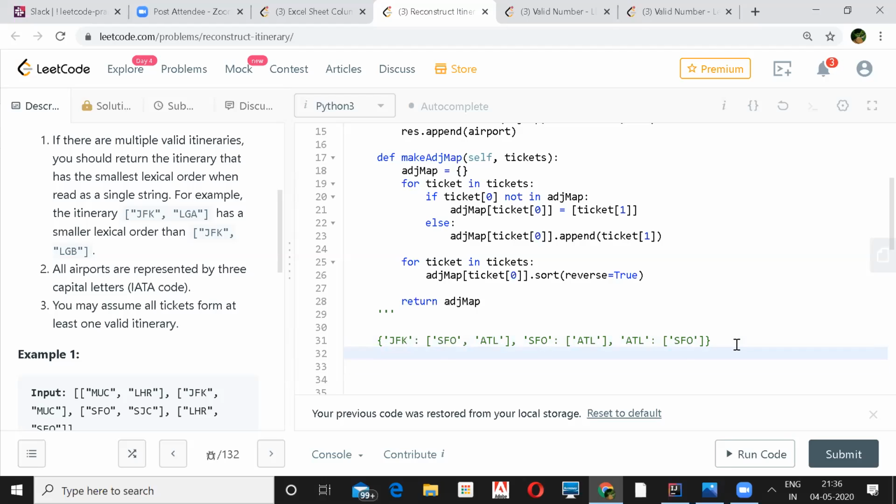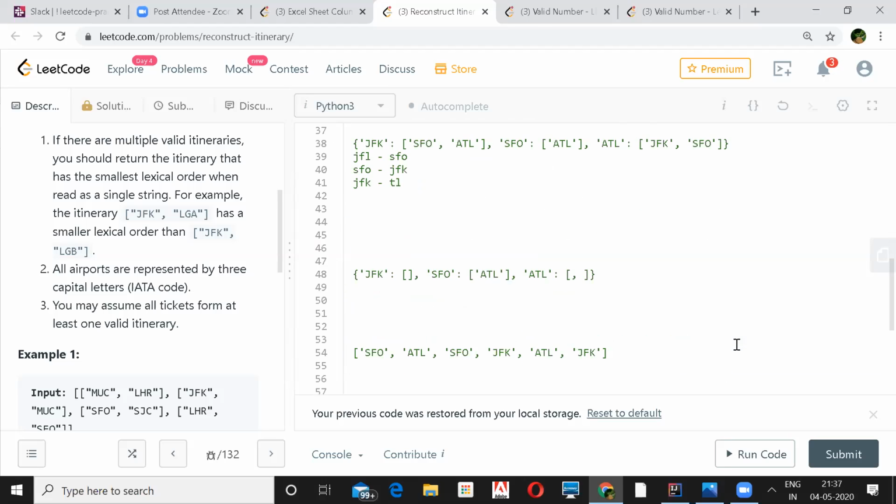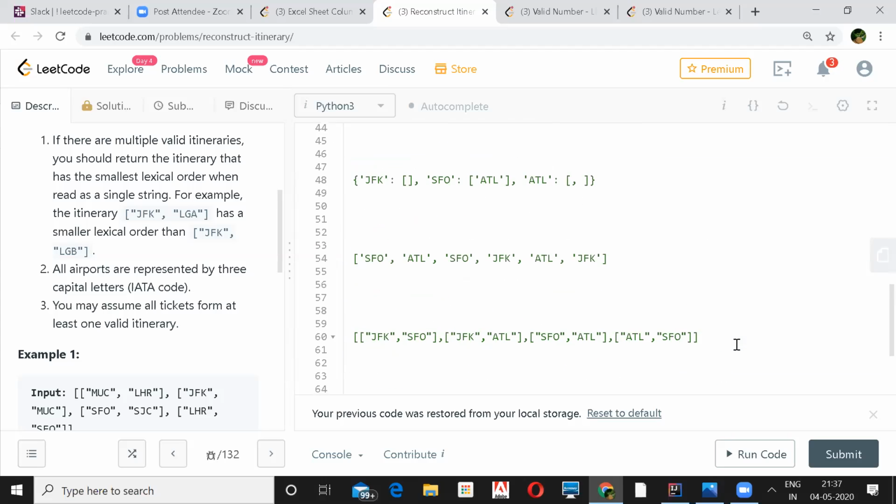I think there is one edge missing. Oh no, it's ATL to SFO, SFO to JFK. This is your question. Yeah, sorry, there is one missing: SFO to JFK. So he wants you to add one more, right? Yeah. SFO to JFK.